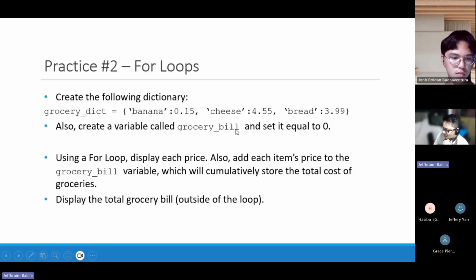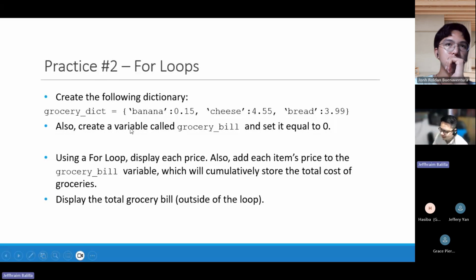First is just like what Jeff said. This thing is just creating a dictionary, right? And then the second bullet is just initialization, right? You remember when we initialized things in the conditional statement lecture? We assign a value to a variable. We call it an initialization process. So that is what the second bullet is about.